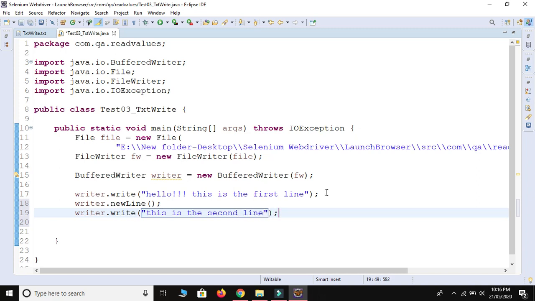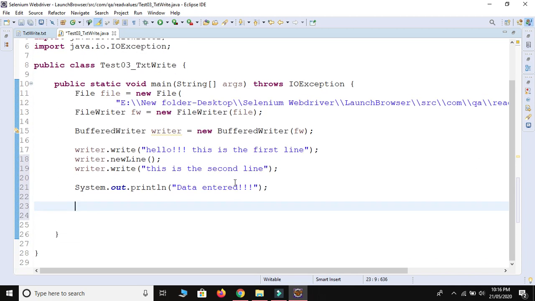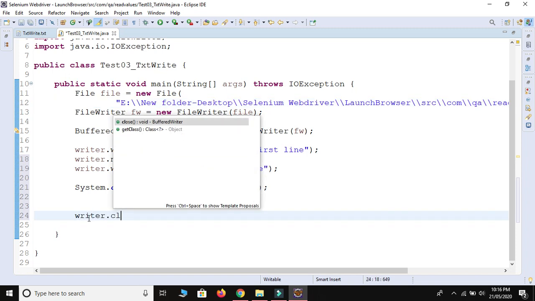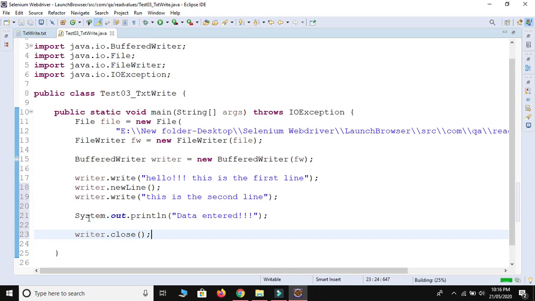After writing I will print something on the console so we get the notification, data entered. Then we need to close our writer. After writing into this file we need to close our writer, so I will write writer dot close method. Control Shift F and Control Save.